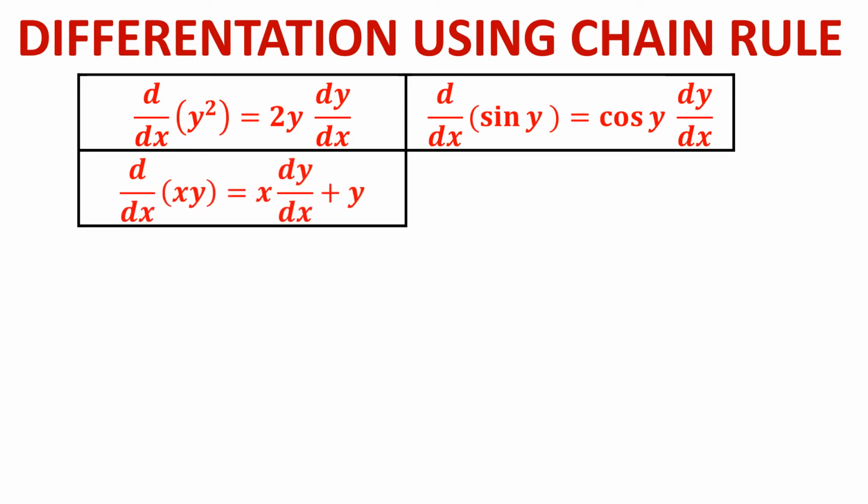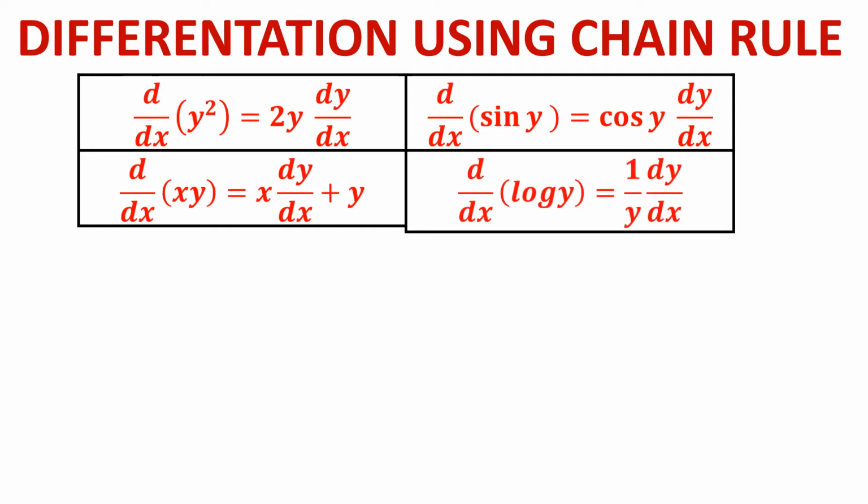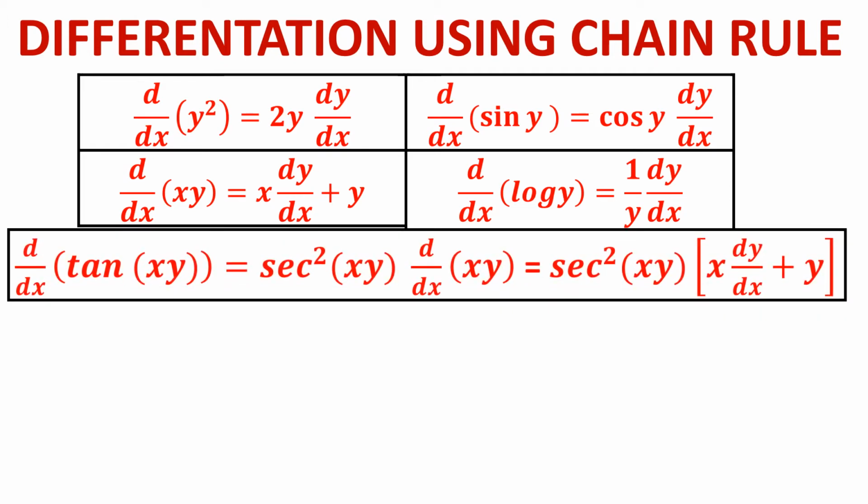Okay, now how to get the product xy? Keep x, differentiate y, keep y, differentiate x. For x into dy by dx plus y into d by dx of x, which is 1, it is x dy by dx plus y. What will be the differentiation of log y? It will be 1 by y into dy by dx, because differentiation of log x is 1 by x. For log y, it will be 1 by y into dy by dx.